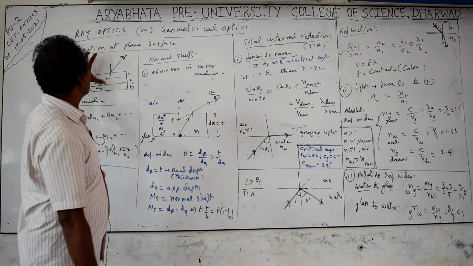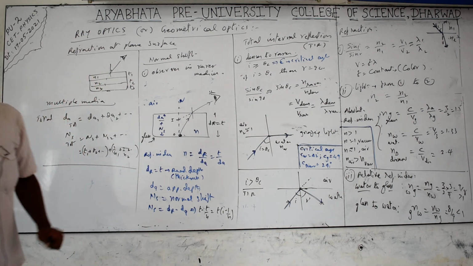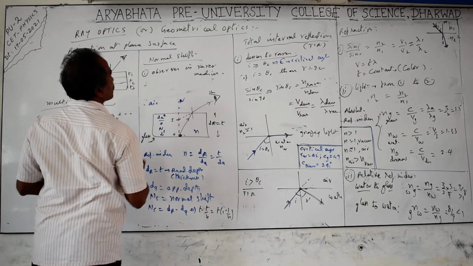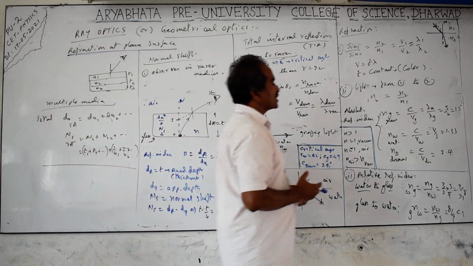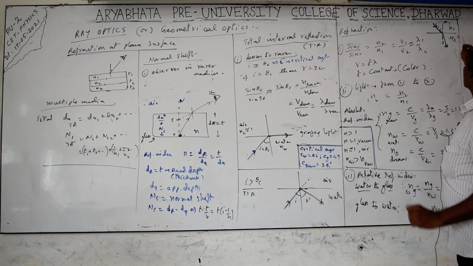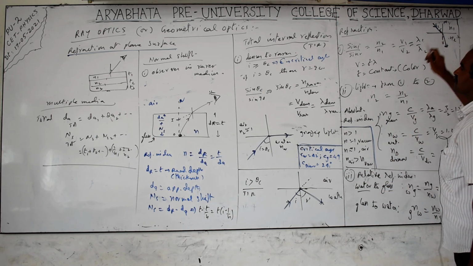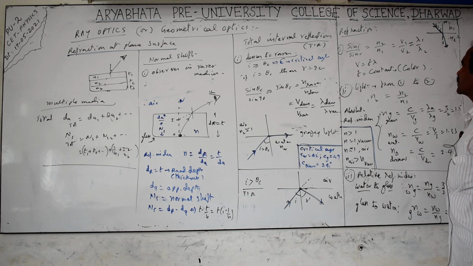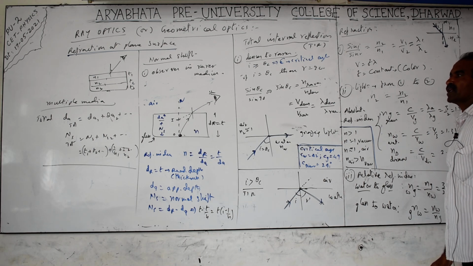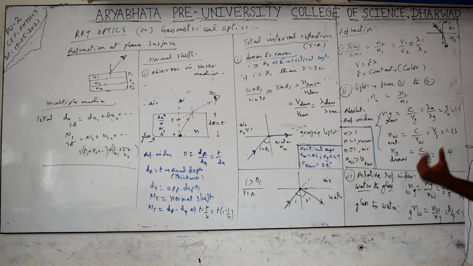Next we are discussing refraction at a plane surface. What is refraction? Light travels from one medium to another medium. The refractive index of any medium is defined as the ability of the particular medium to deviate the light ray from its initial direction. It also indicates how much the velocity will change compared to the velocity in vacuum.